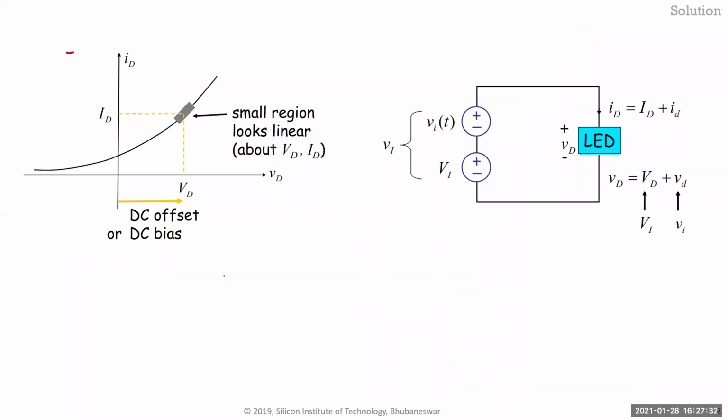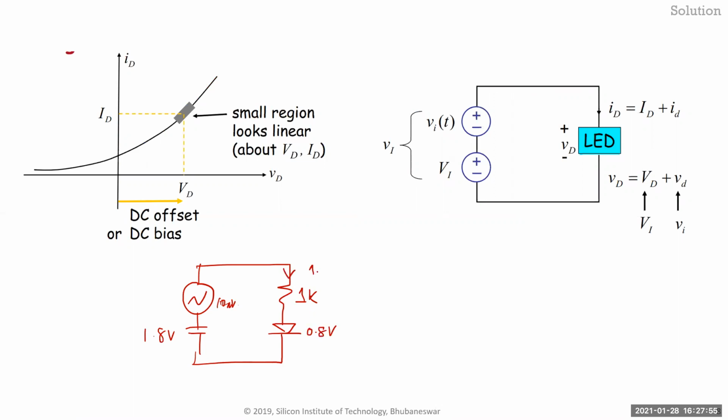And what's the easiest way to do that? So let's say you have this thing. The easiest way is you just put a resistor to linearize it, right? So for example, let's say this was 1.8 volts and you're giving some 10 millivolt signal on top of it, or 100 millivolt signal on top of it. Let's say I take a 1K resistor and let's say this is 0.8 volt, then DC current is 1 milliamp, right? And then this 100 millivolt will be very linear because this current is 100 millivolt minus 0.8